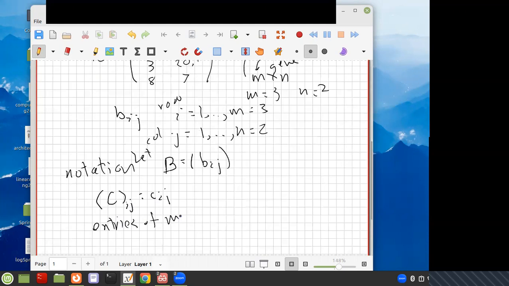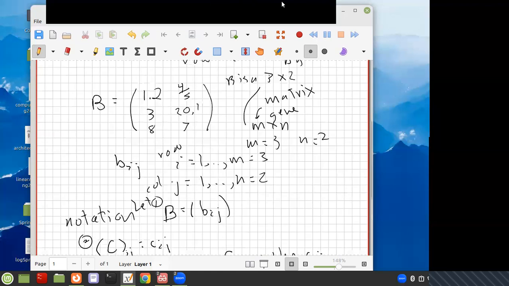Entries of matrix C are the Cij. So these are 2 different ways of connecting up the matrix symbol with the entry. It's just a little bit of notation that seems a little bit unwieldy, but will make things easier. Okay, let me